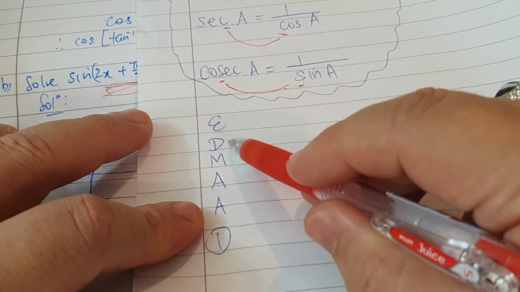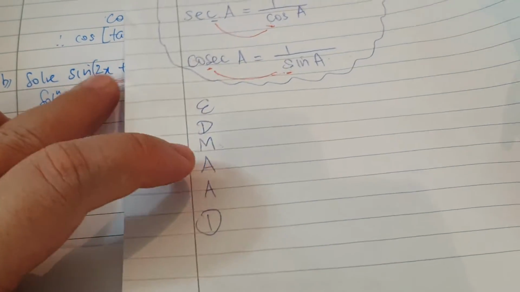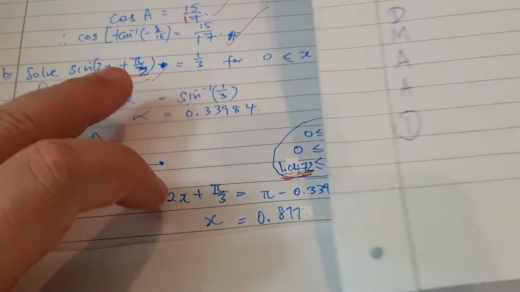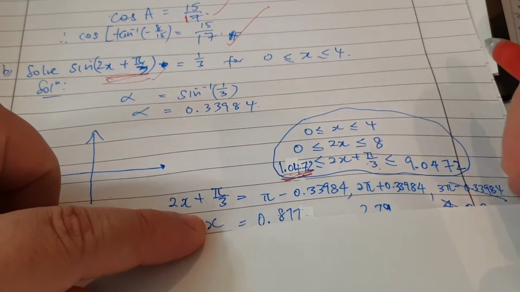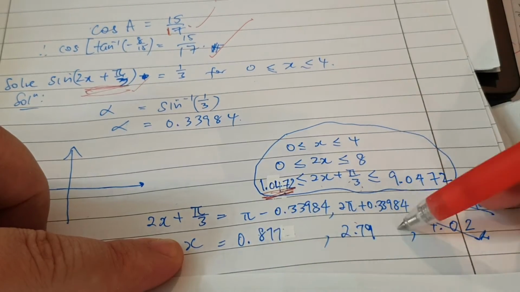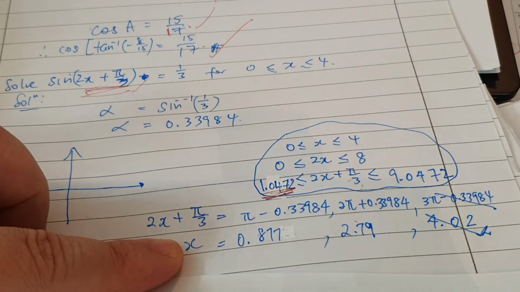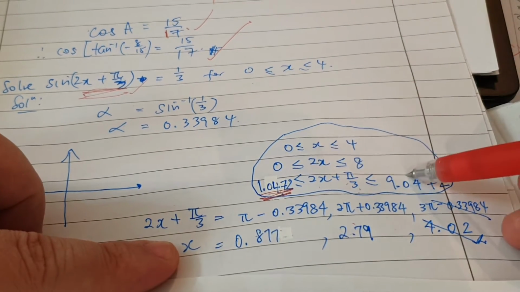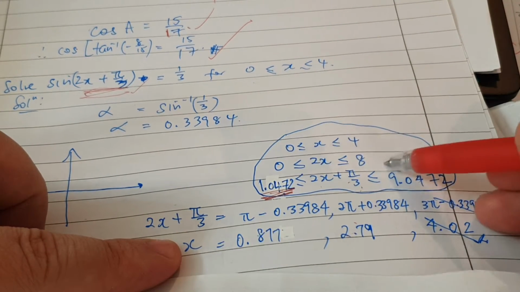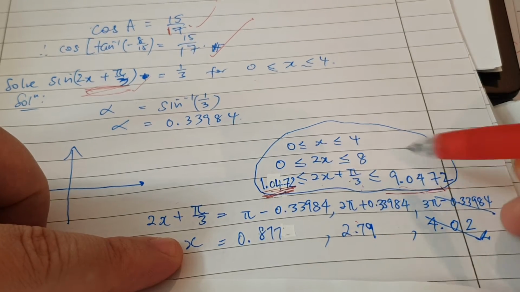You know what I mean? So this domain and this domain, they are different. This domain is talking about what we're given. The final domain is the x. Does the x fall within 0 to 4 or not? You see? Yes, it does. Clear? Okay, so I haven't finished here. I must plus pi over 3. 8 plus pi over 3 is this one. You press calculator and check, okay? After we're done that,